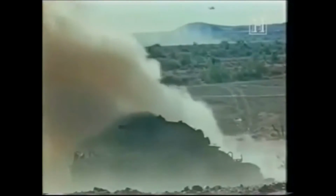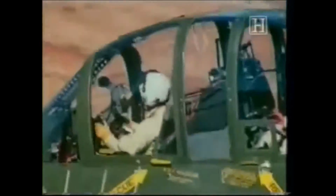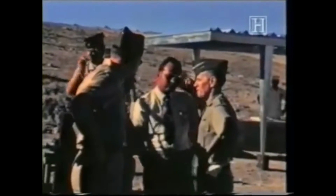But this time would be different. The first missile fired drove straight into the desert, missing its target completely. After the demonstration, Lockheed officials desperately tried to explain that the TOW missile had a failure rate as high as 10% and that they had never had a failure before. But it would do little to remedy the